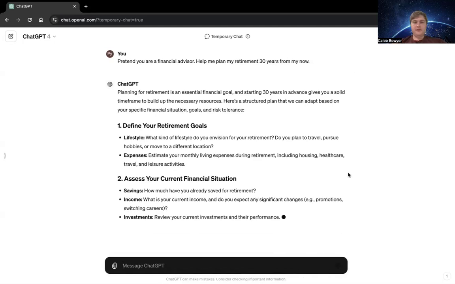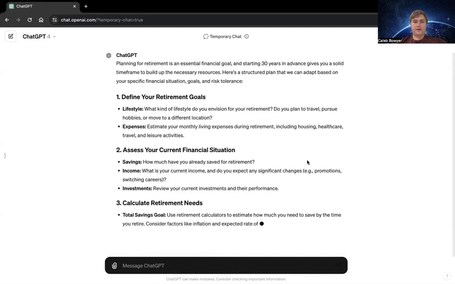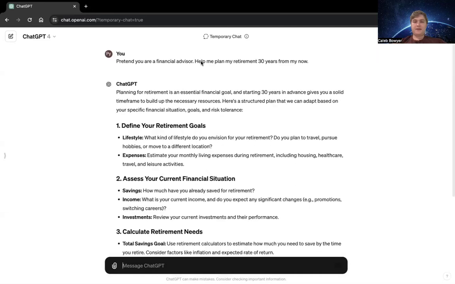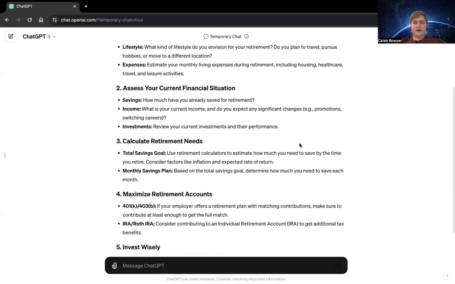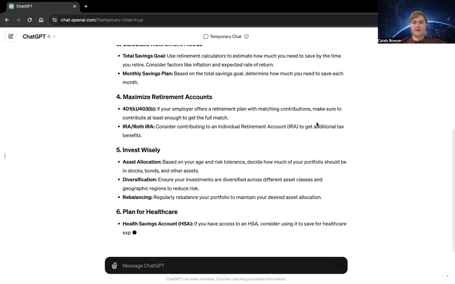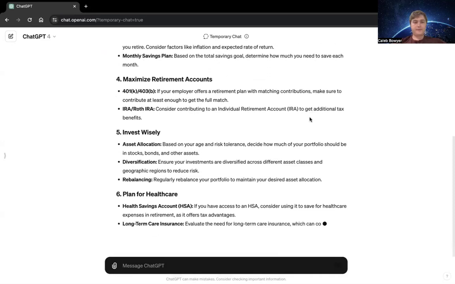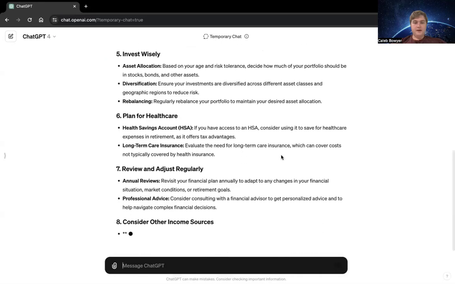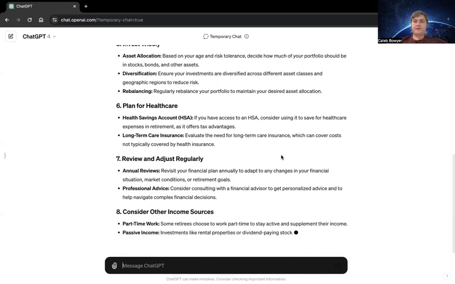We're telling it to pretend you're a financial advisor, and giving it the request of helping me to plan my retirement. And it's going through a list of things to consider. We'll go through this list in a second, once it's done generating its response.